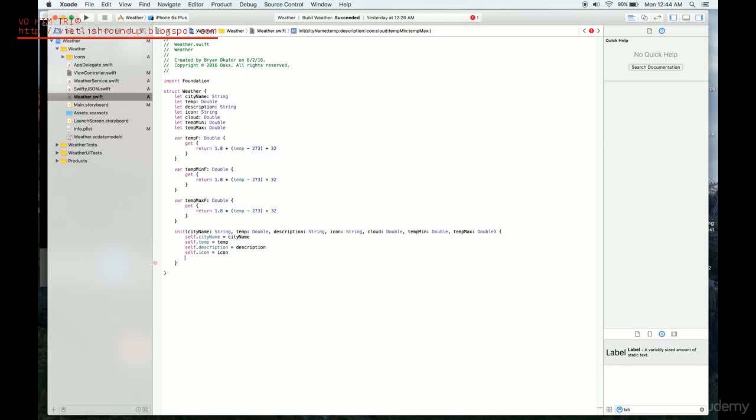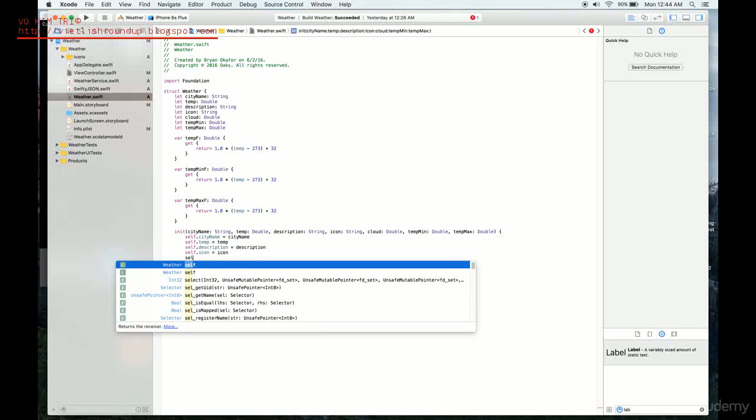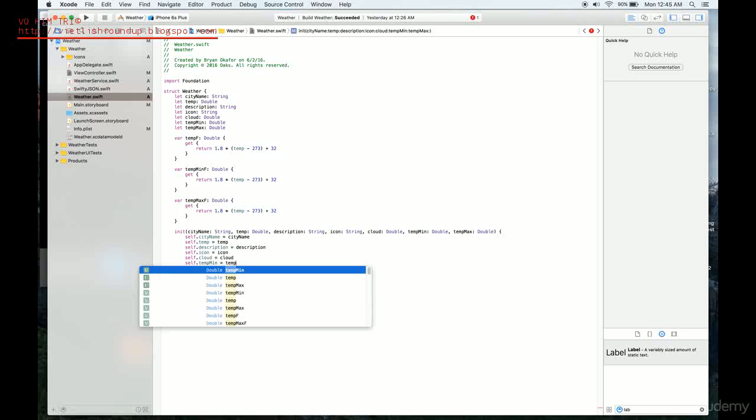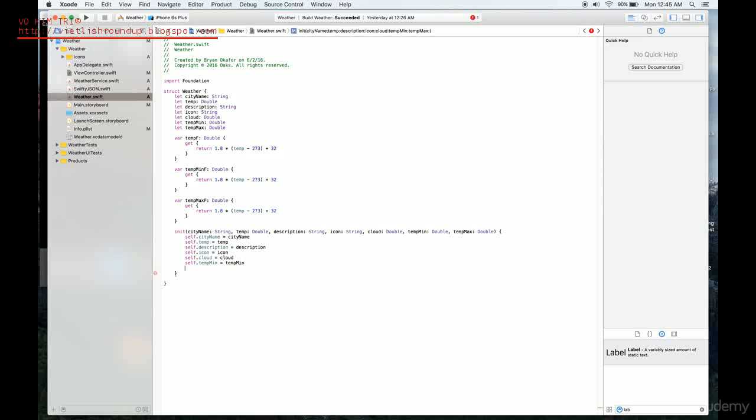And last but not least, we're going to add it down here. Cloud equals our cloud variable. Temp min equals our temp min variable. And last but not least, temp max equals our temp max variable. Okay. So it looks like we got all the variables that we